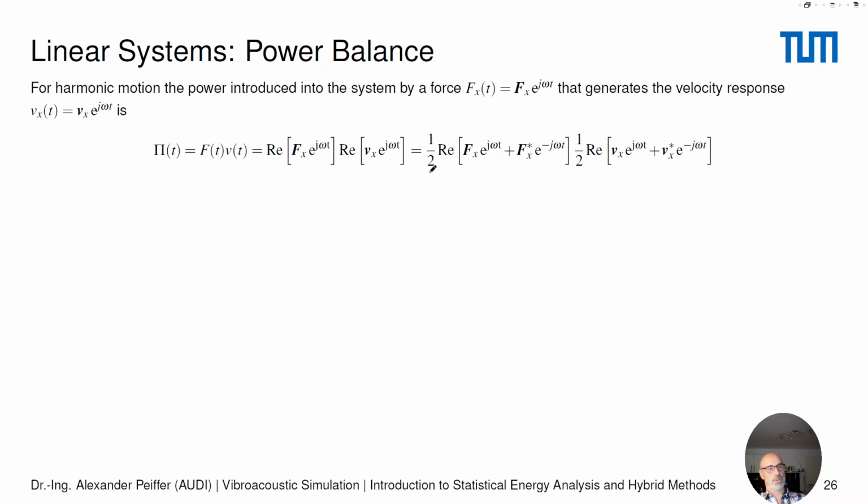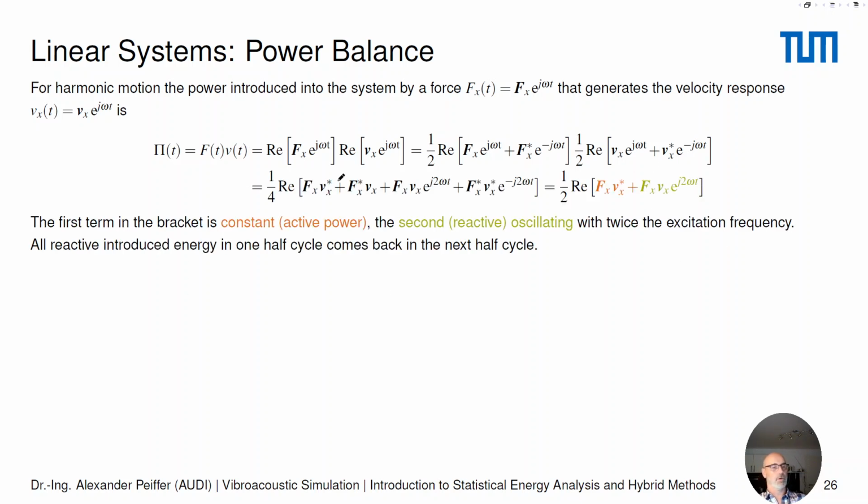So we do this step by step, going through the mathematics. Here the real value is represented by this typical trick to get the real value out of a complex number. It's not necessary, but that's definitely not a mistake. And we do the same for the velocity. And going through the mathematics, we will finally get